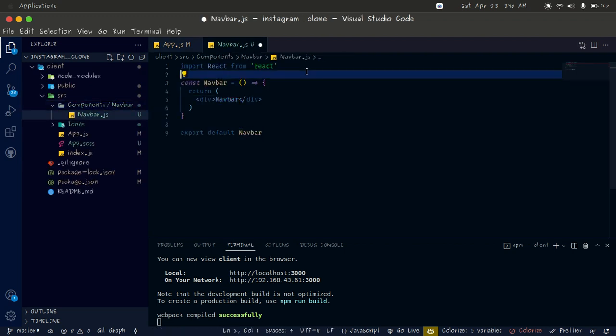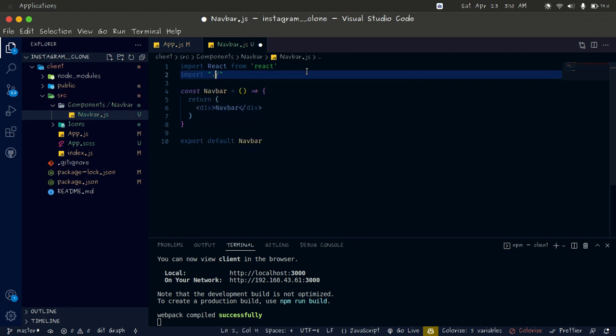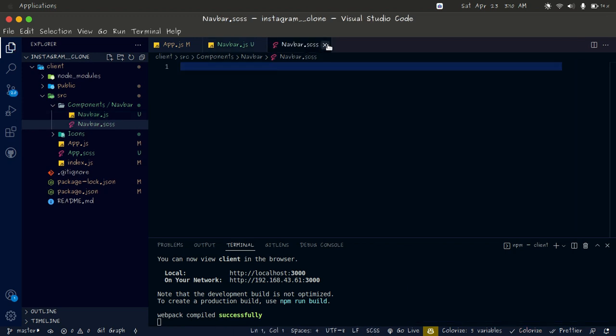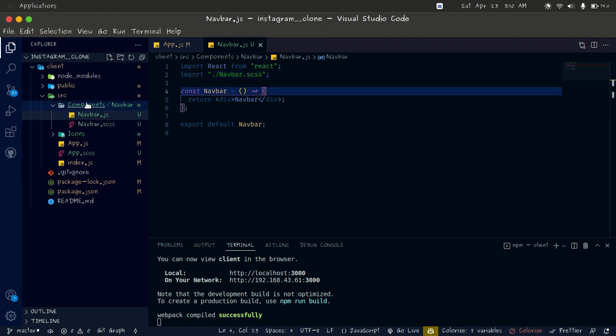The React import and function from the ES6 snippet. Then yeah, I'm just going to import SCSS. Sure, we don't have it yet, so we're going to create it, and yeah, we're going to have one file known as